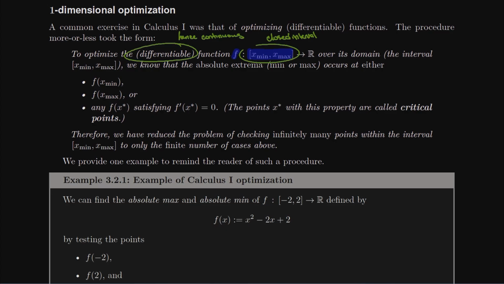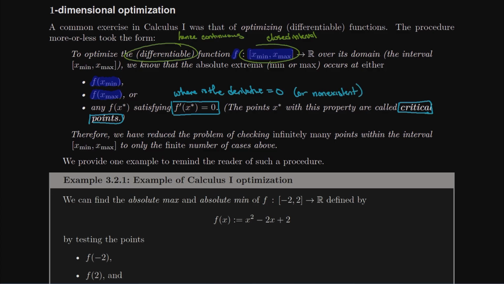But as long as you have a continuous function over a closed interval from Calculus 1, you test the endpoints, right? You're going to test the minimum over the interval. You're going to test the maximum over the interval. And then you're also going to test what we call critical points, right? Back in Calculus 1, I think you would say, where is the derivative equal to 0 or perhaps non-existent,